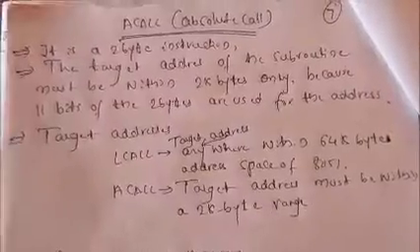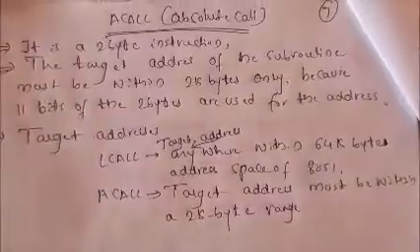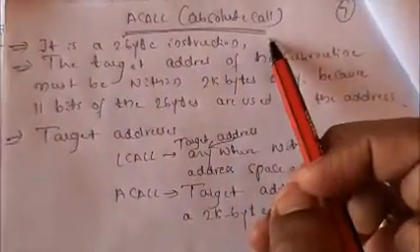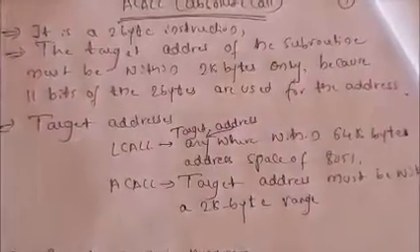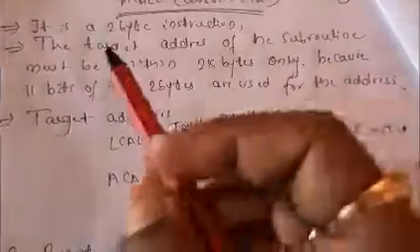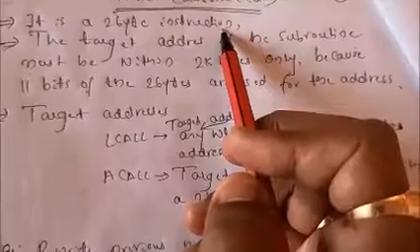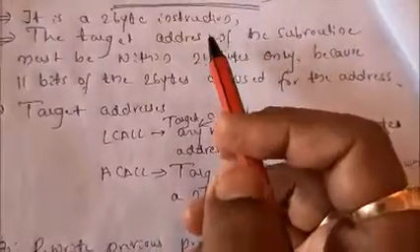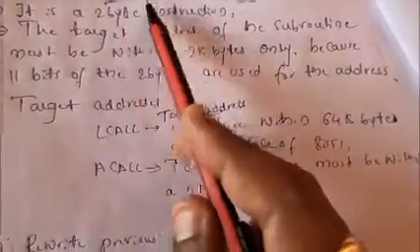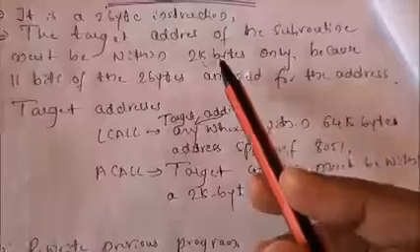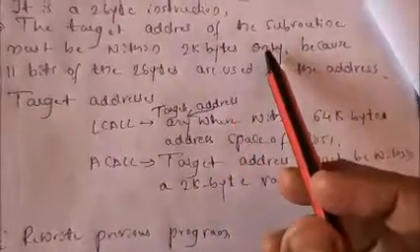Up to the previous one we studied the LCALL, that is a long call. The second call is ACALL. ACALL means absolute call. Absolute call is not that long a call; it is a smaller range call. So what are the features here? ACALL is a 2-byte instruction, compared to LCALL, which is a 3-byte instruction. Out of 3 bytes in LCALL, the first is the opcode and the remaining 2 bytes are the target address. But in ACALL, the first byte itself is the opcode and the next byte will be the address of the